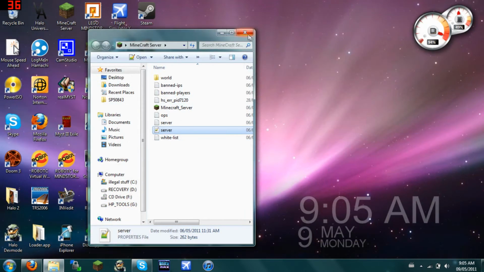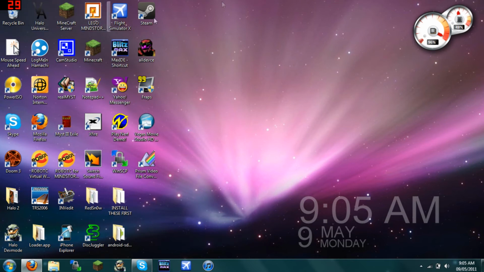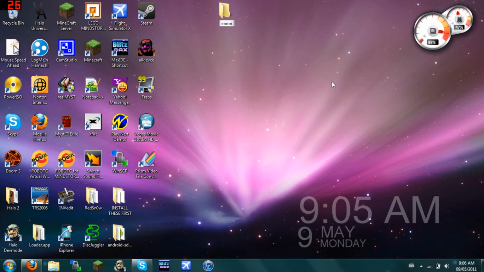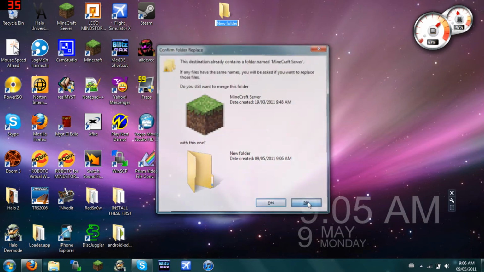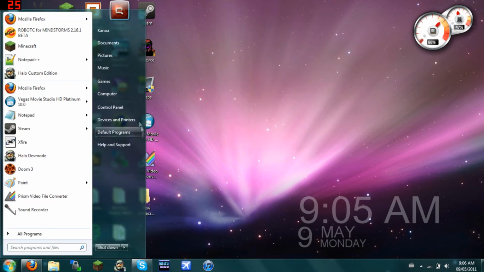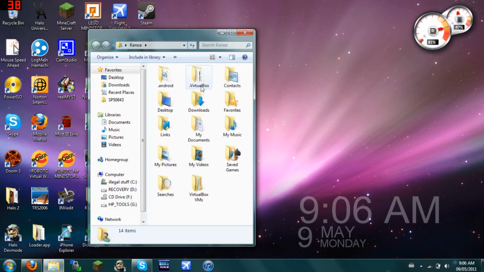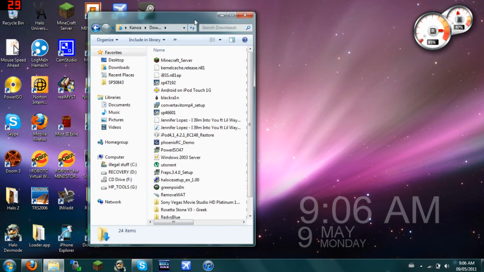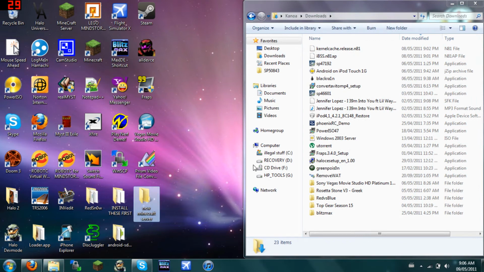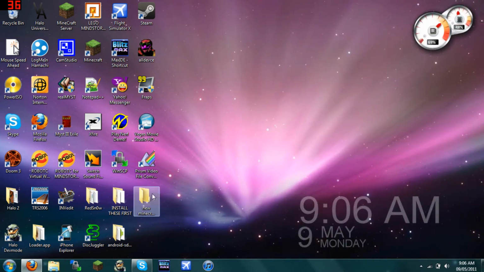On your home screen, you're gonna want to go new folder and call it Minecraft server, or anything you like, or maybe just server. Go to where you downloaded it. We have the server. You just want to cut it and put it into the Minecraft server folder. So now that it's in here,